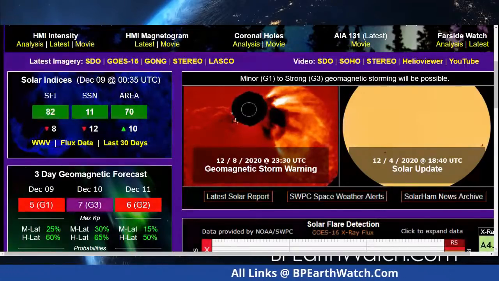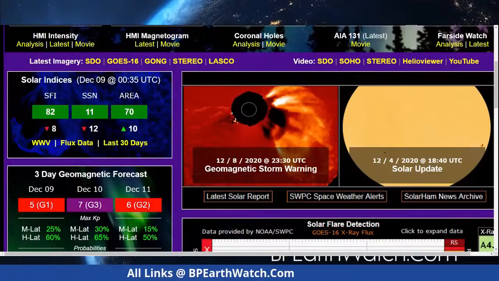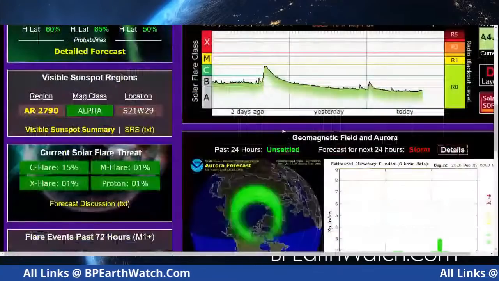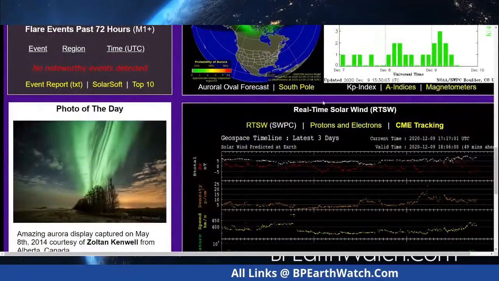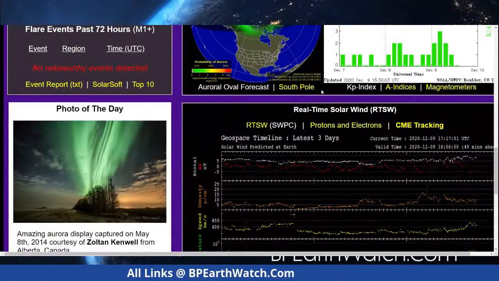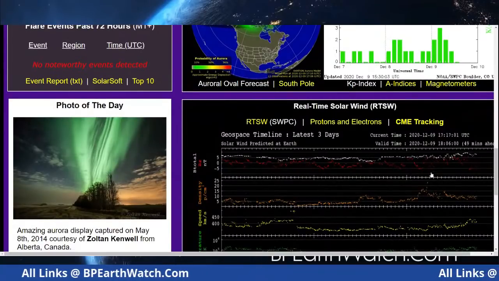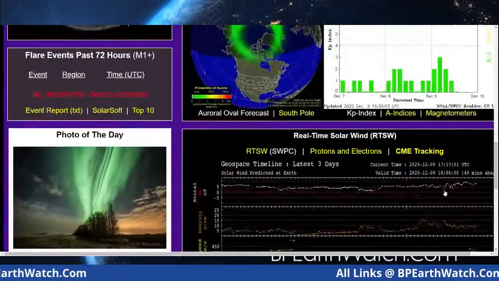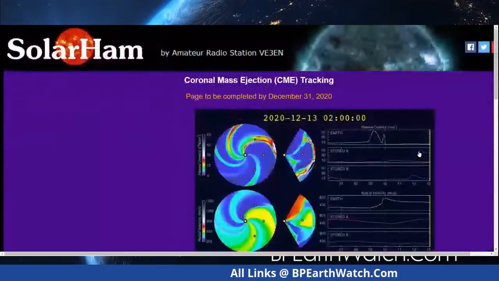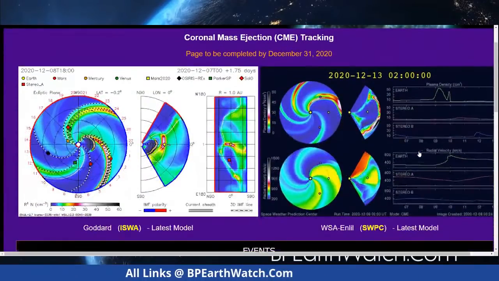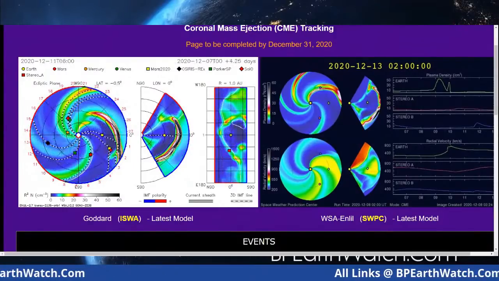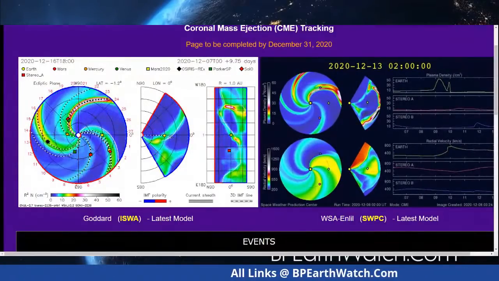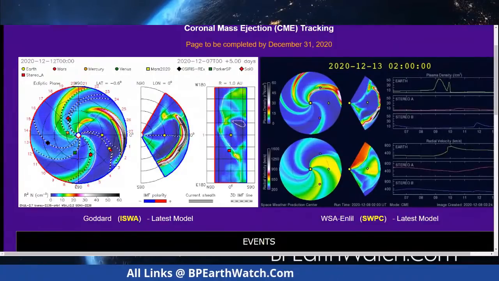And we scroll down from there. He's going to give you one of the models. It's called CME tracking, right here. We have the other one on our website. I left the Solar Ham linked where you have all of it when you go there. It gives you solar wind, density, temperature, magnetics. But here, if you go to CME tracking, it's going to give you both of the models. This one just pops up. The timing can be slightly different, and that's good because it gives you an average of the two.